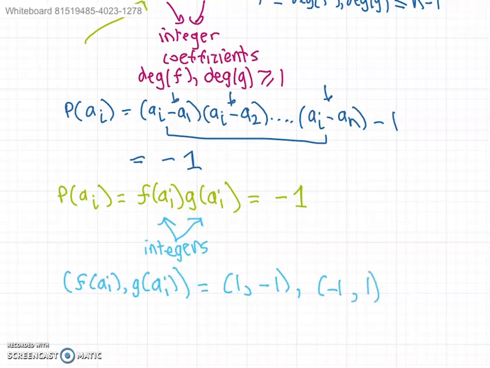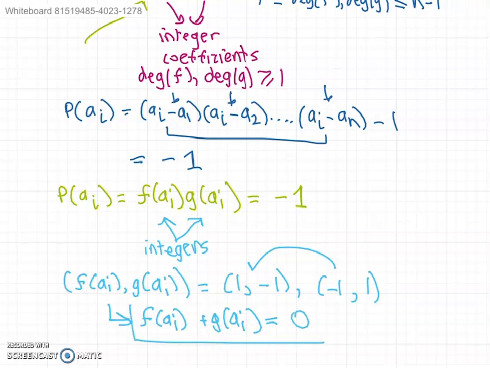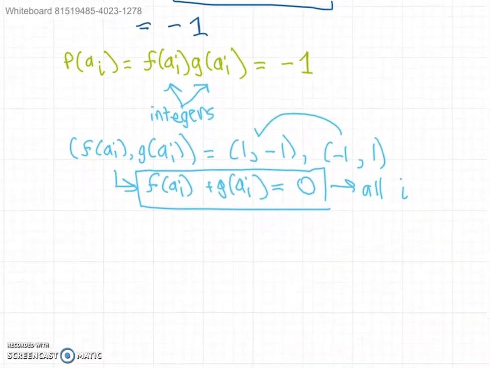We can also see in both of these cases we'll always have f of ai plus g of ai equals 0, since minus 1 and 1 add up to 0, for all i. Okay,